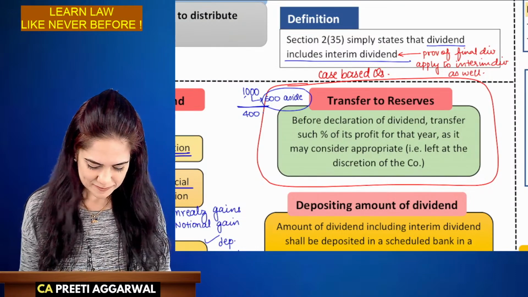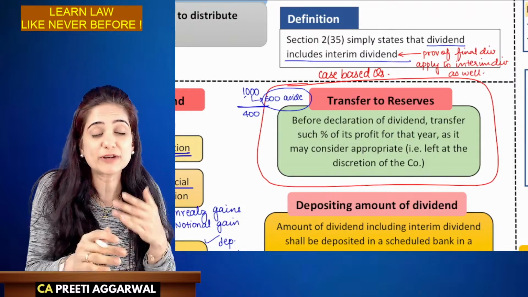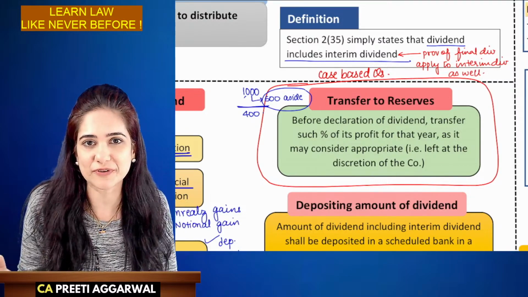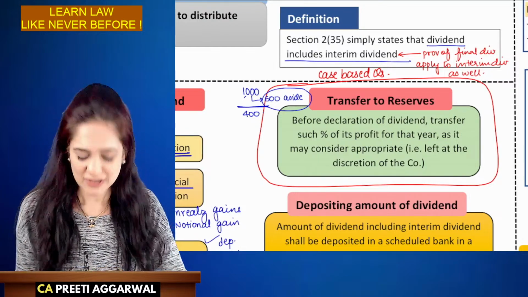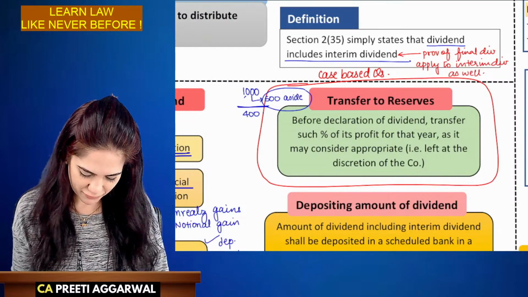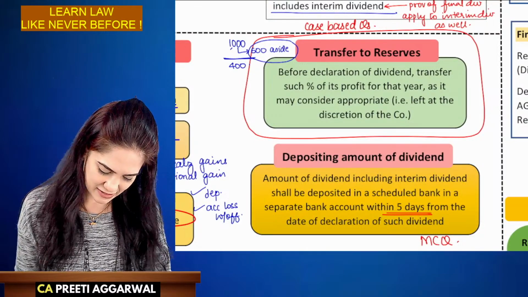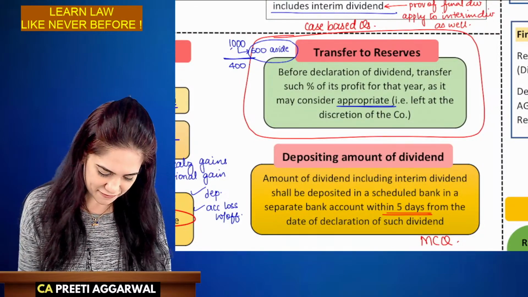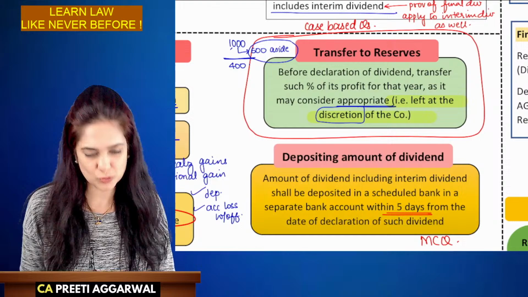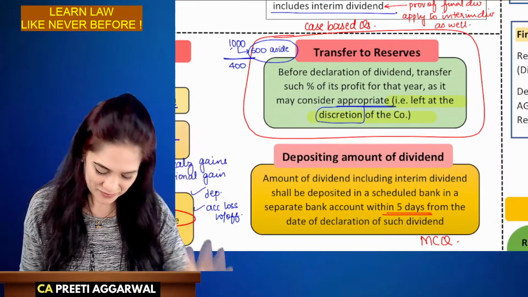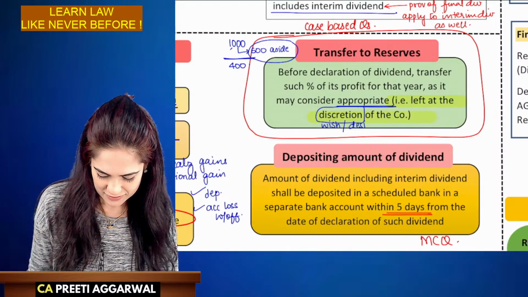Similarly, we tell the company to keep some money aside for emergency. What if today you have profit, but next year you don't? Then you can utilize this money for distribution in the form of dividend. So it is purely optional. The transfer will be of any amount that the company feels is right or appropriate. It is left to the discretion of the company, which means it is left to the option of the company. Your wish, your desire. Discretion means wish or desire of the company.